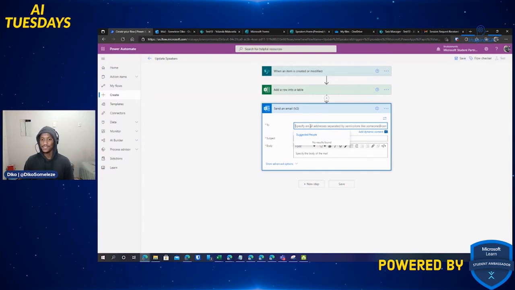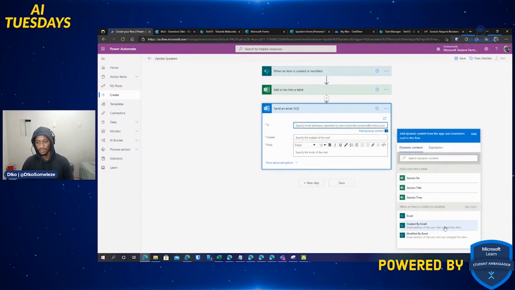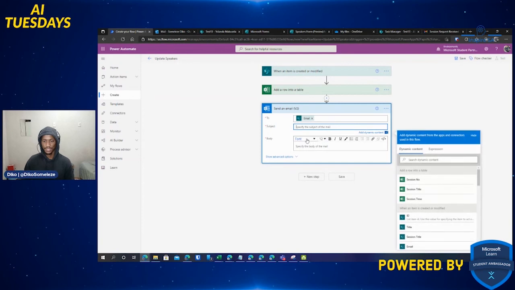So we have to send the email to the user. Again, the user is not part of our organization. Where do we get the email? We add dynamic content, and in our dynamic content, we'll find that for that, there's an email. So we click on email. The subject is session date and session request